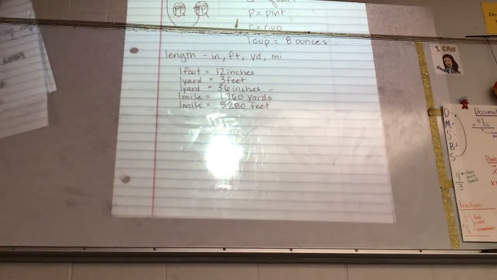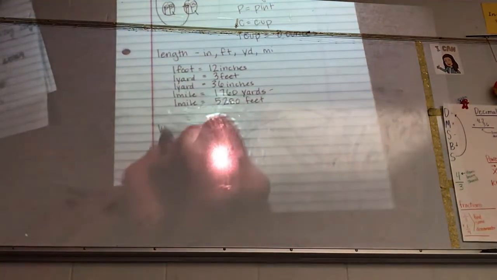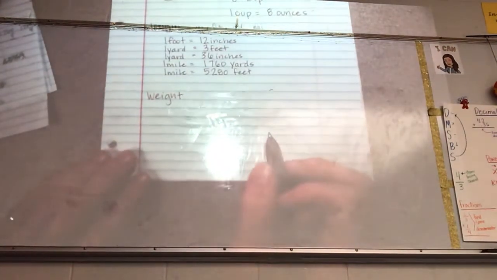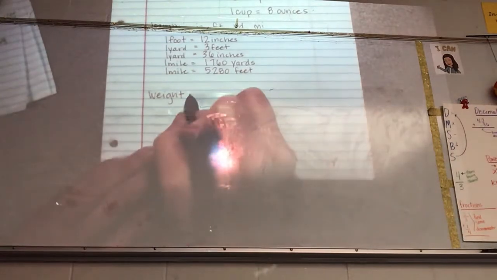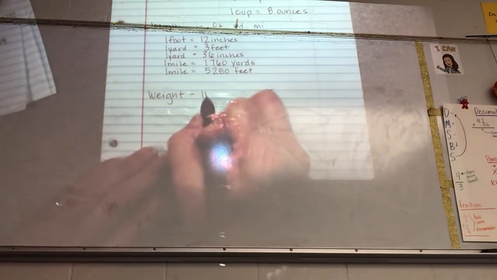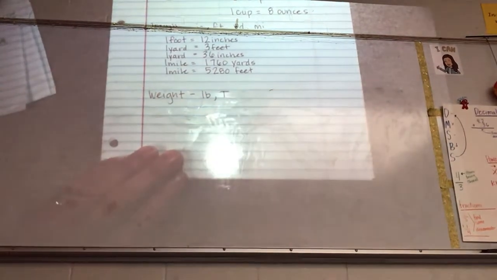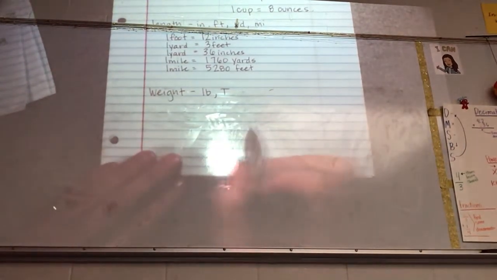All right, the next thing is weight. We have LB, which is pound, and we have a big T, which is ton. There's 2,000